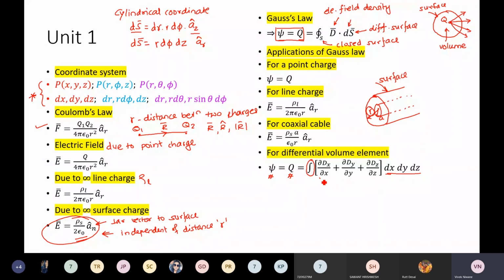And in this part of the expression, we can say that the component of electric flux density Dx varies with respect to x, the component Dy varies with respect to y, and the component Dz varies with respect to z. The electric flux density in general varies in all directions. It goes in all directions, just like your light bulb.